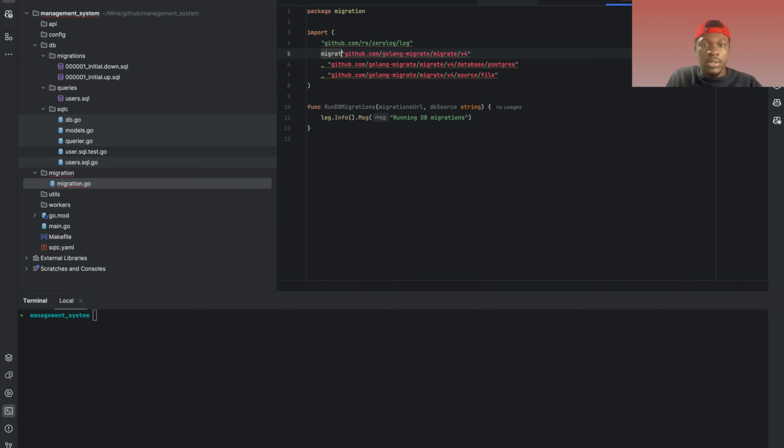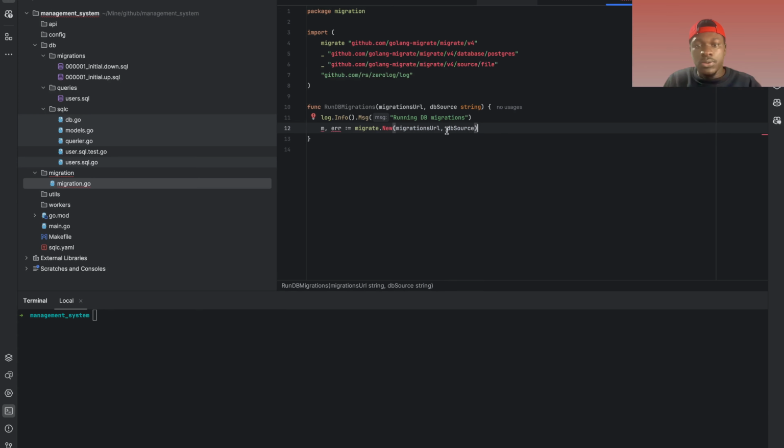Let me call it migrate so that it doesn't disappear on us. So we call m for migration and error equals migrate.new, which will take the db source, migration URL, and the db source. If error is not equal to nil, we can log.fatal that, and then if